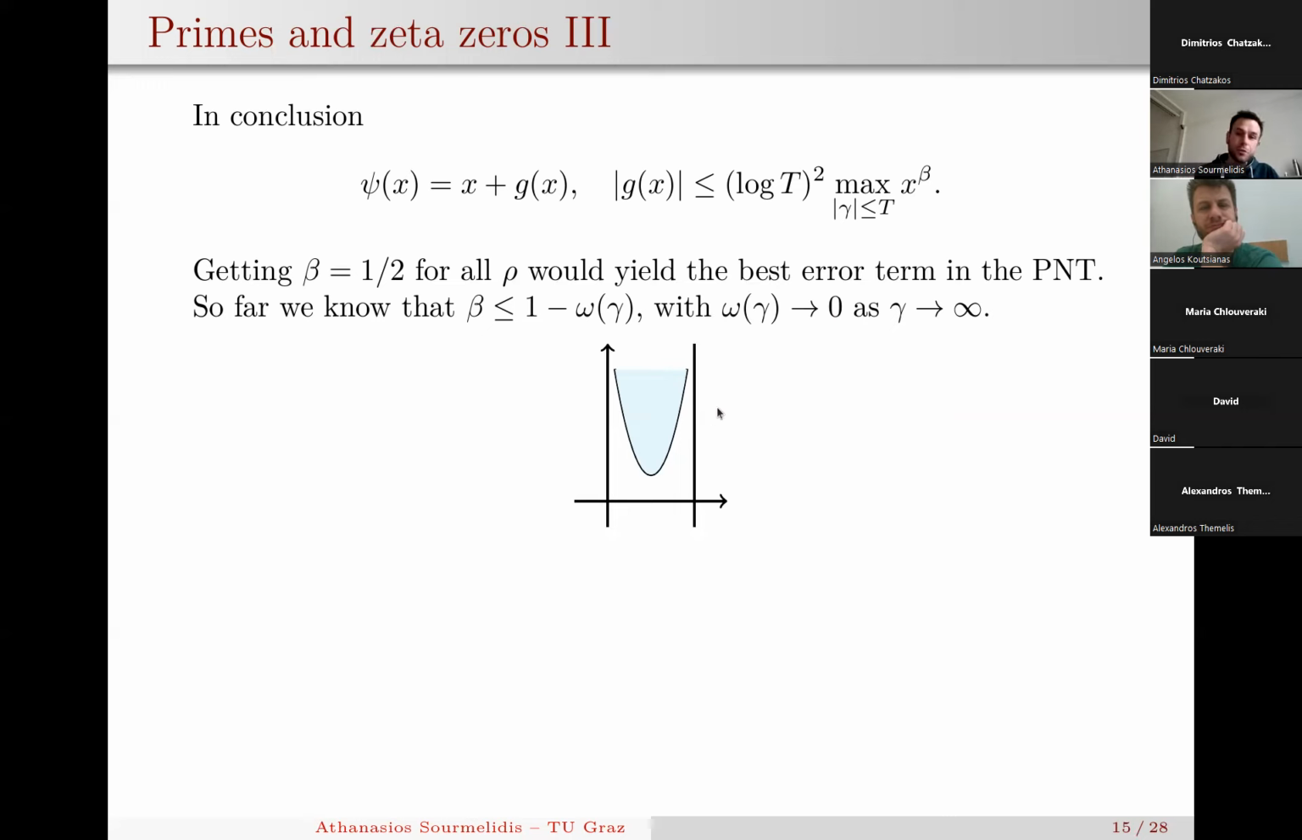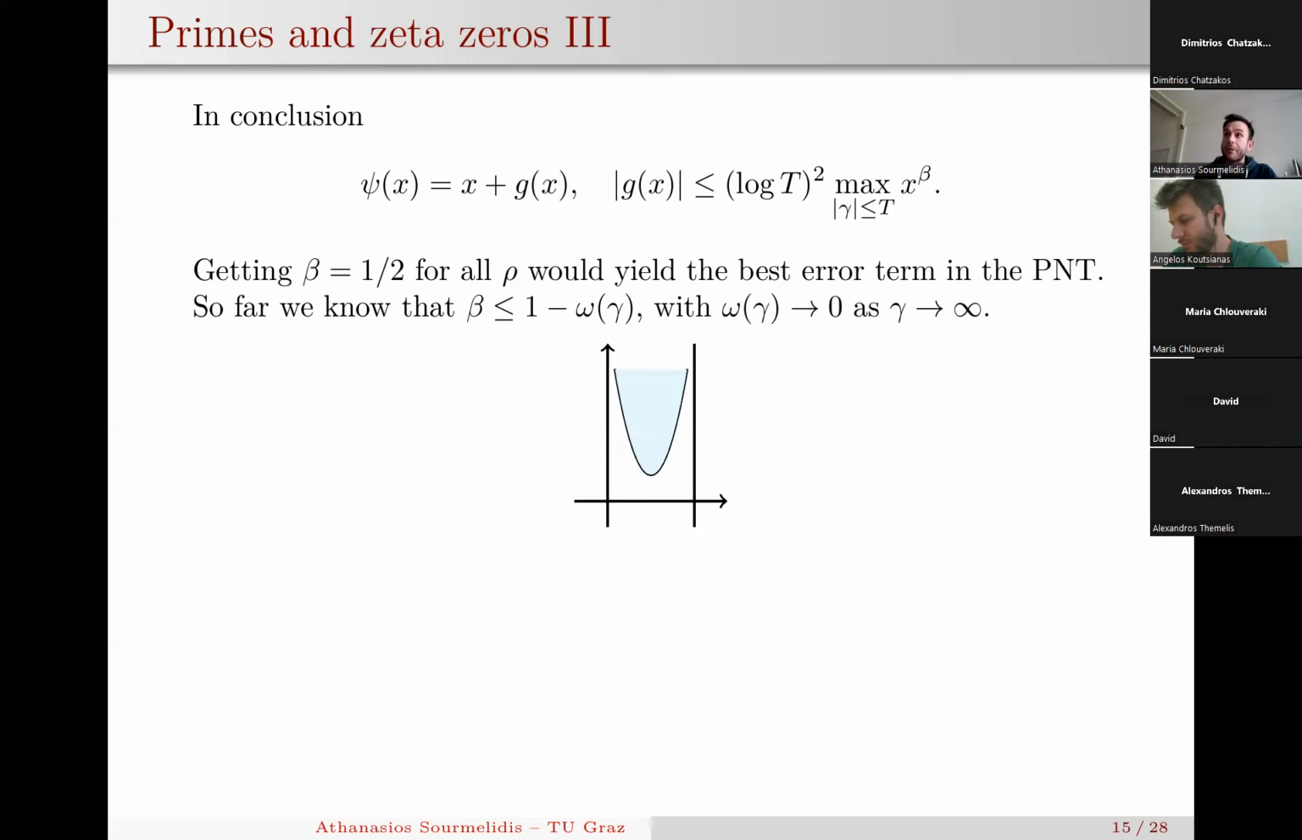I mean, for sure there are no zeros on the vertical lines 1 and 0, but we don't know whether there are strips to the left of 1 that are zero-free. This would give a major improvement on the error terms of the prime number theorem. So mathematicians really tried a lot to improve on these zero-free regions. There is an exhaustive literature about this, and I will not discuss it here, but one concept that they thought